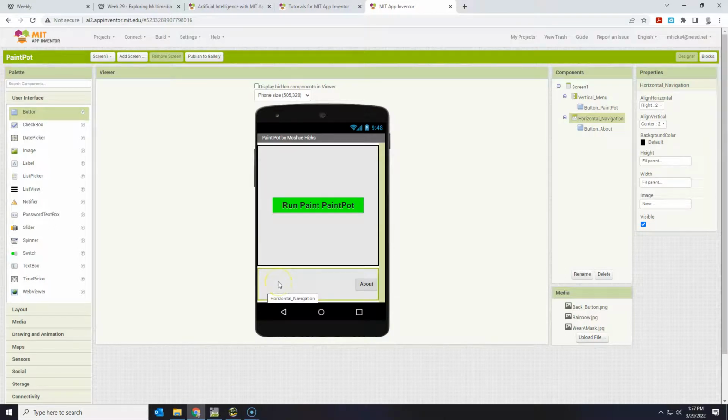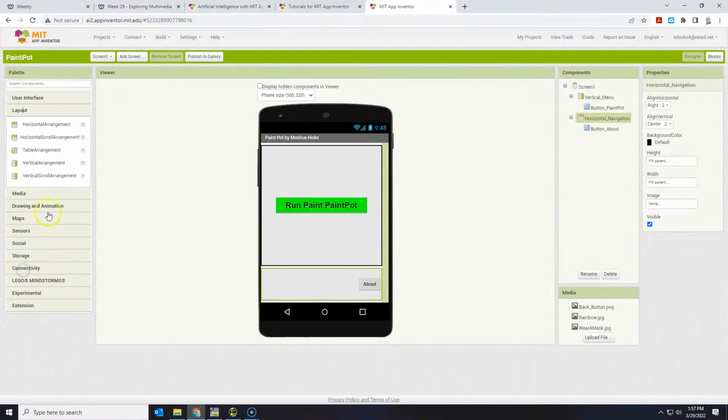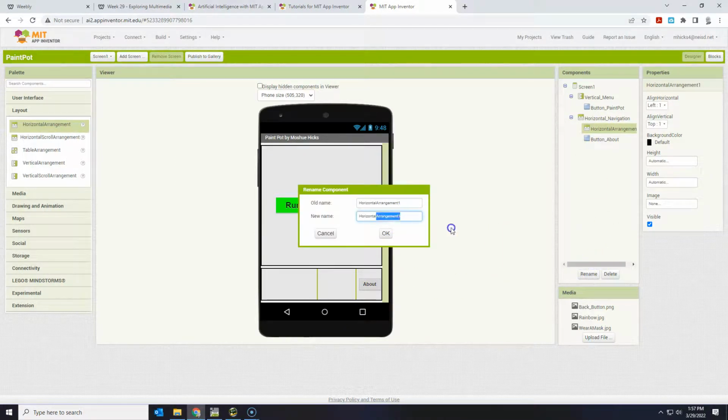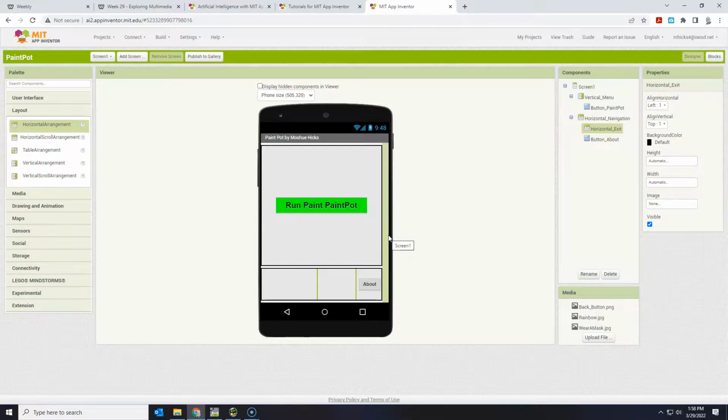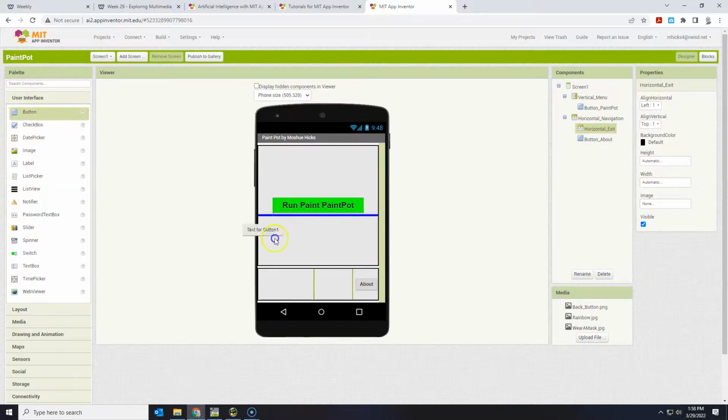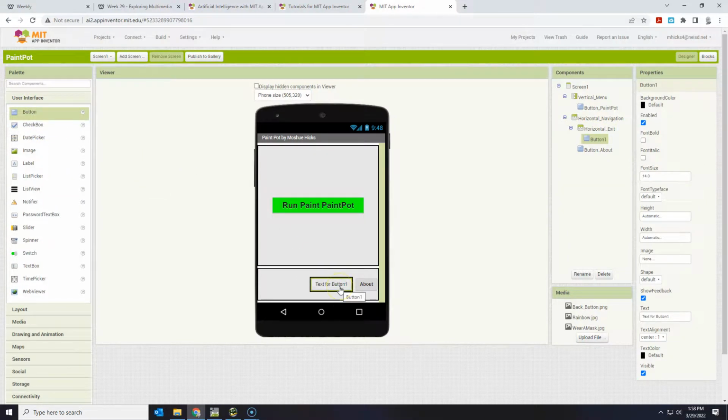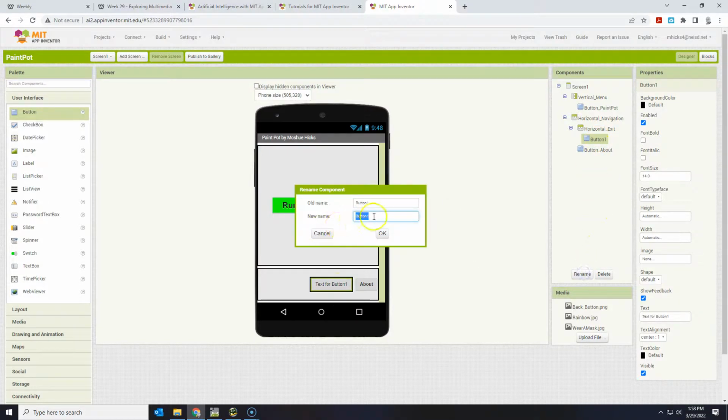Well, what we'll do is we're going to make another horizontal arrangement inside of it. That way you can have one that's over to the right and another one on the left. So let's get that horizontal arrangement inside of this one. You can see it right there. Let's rename it to horizontal. And this has to do specifically with the exit button. Looks like we're in pretty good shape there, I believe. Let's add a button. Go back to user interface and a button for exiting. So this button right here, button exit,